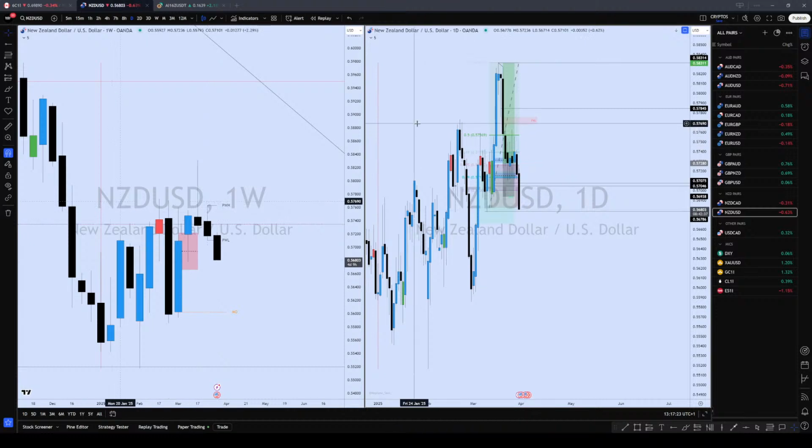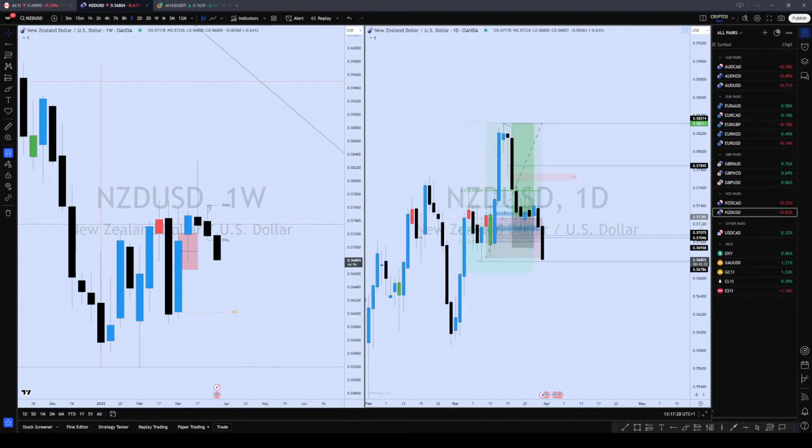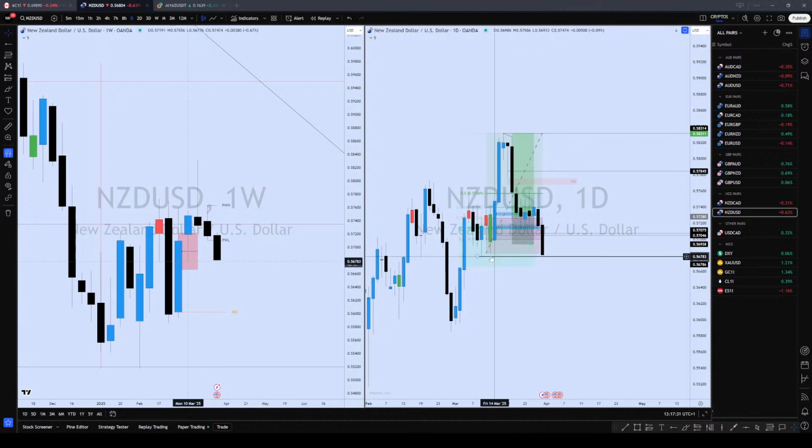New Zealand dollar. Okay, so New Zealand dollar is also looking like it's going to attack this low here, and similar to the Australian dollar, there is no high impact news on the New Zealand dollar this week, but this being an interesting low, once it's taken, it's a daily swing low. Liquidity is going to be here.